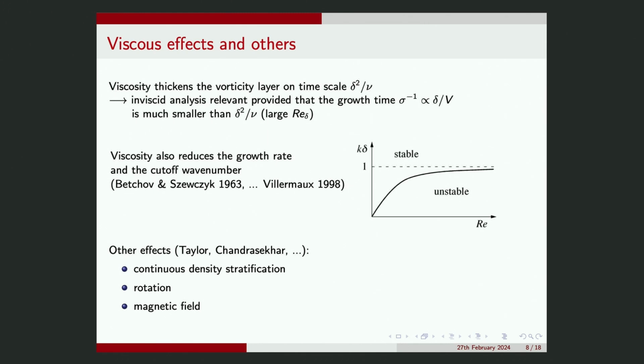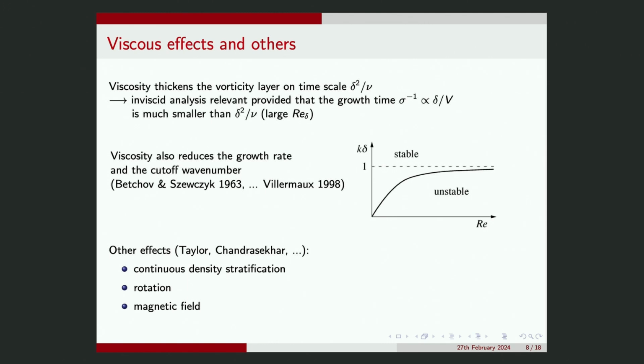And the answer is that viscosity thickens the vorticity layer on a certain time scale, which is the square of the thickness divided by the viscosity, so that inviscid analysis may be relevant, provided that the growth time is much smaller than the viscous time, which means that the Rayleigh number built on the thickness of the layer must be large, which is a reasonable conclusion. And viscosity has a second effect, in that it also reduces the growth rate and the